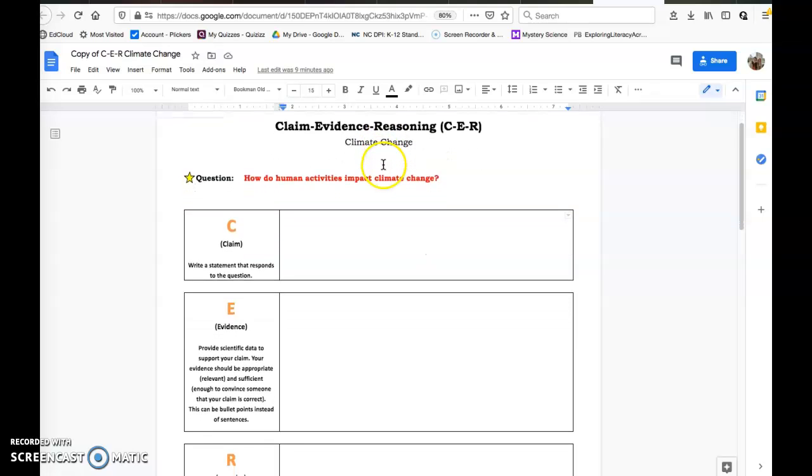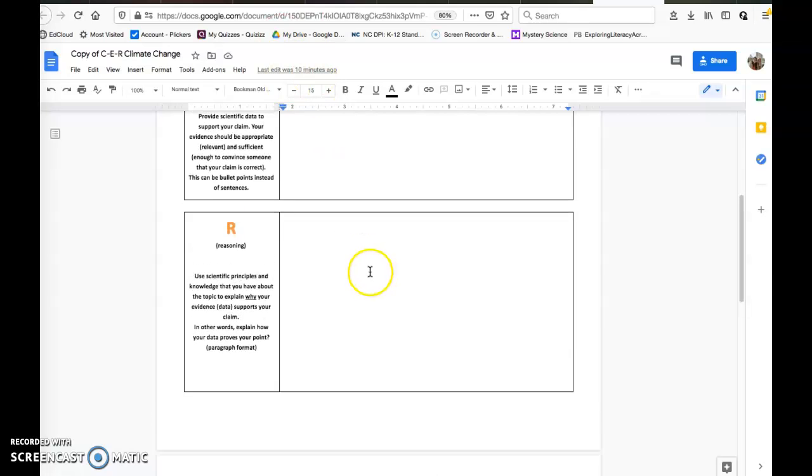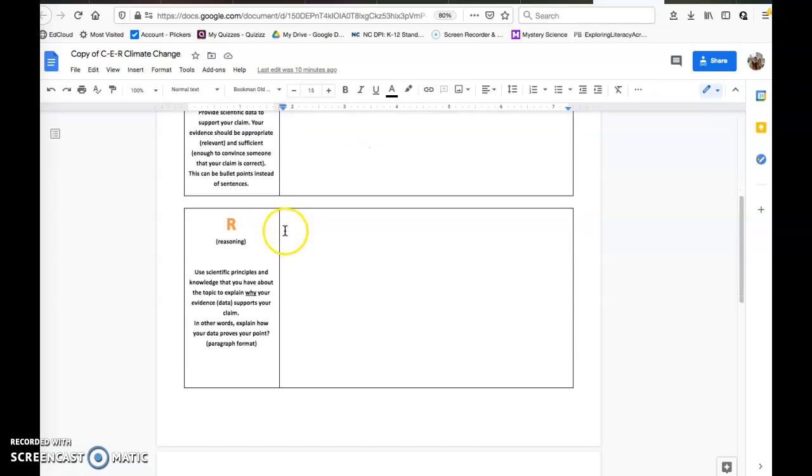And then the last part of this graphic organizer or chart is for you to provide some reasoning. So you are going to use scientific principles and knowledge that you have about your topic to explain why your evidence or your data supports your claim. In other words, I will need you to explain how your data proves your point. This is going to be in paragraph form, so I want you to tell me why this evidence is supporting your claim. And it needs to be articulated in complete sentences and with correct spelling and grammar,